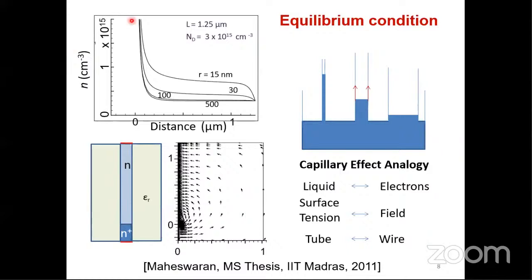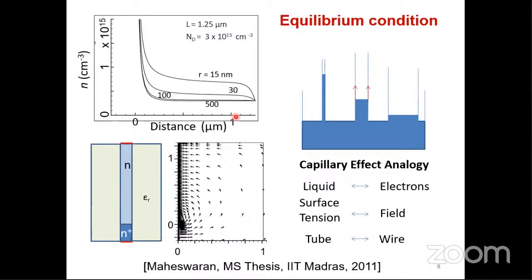Here, this is the concentration of charge, electron concentration versus distance. Okay, how it looks. So please note, what is the zero? The zero is this interface. This interface is zero. It is shown here clearly. You can see here 0. And as you move up, what is your distance?